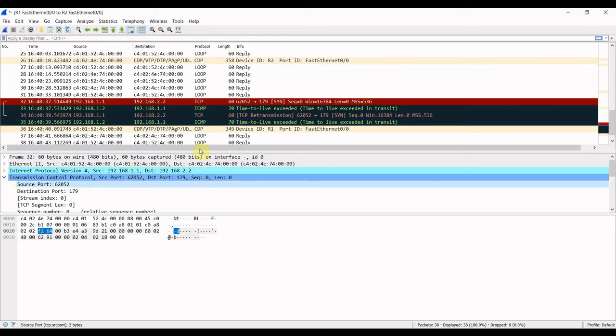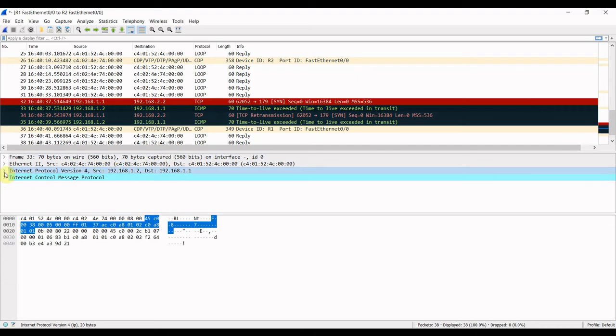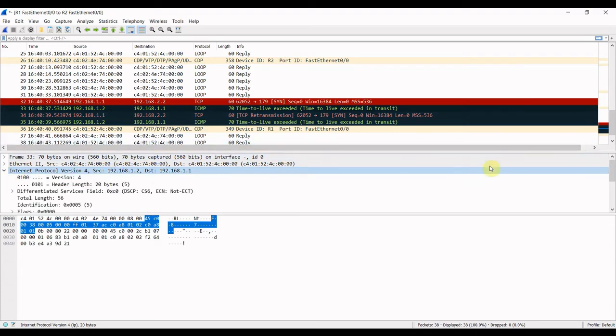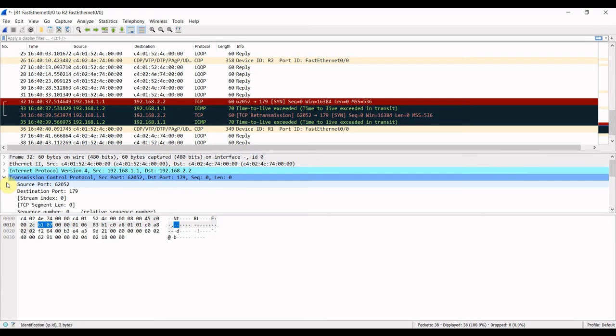But if we see the second packet, the second packet says from source 1.2 to destination 1.1. Let me show you one more thing in my first packet.